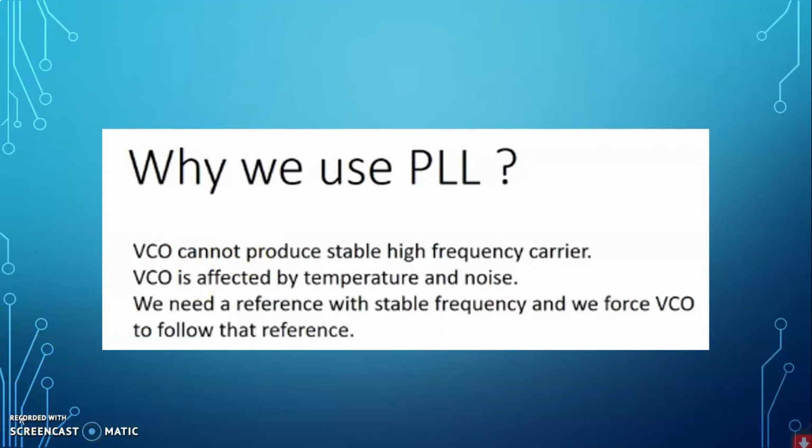In the phase lock loop, the constant frequency output of a conventional oscillator acts as the reference input. For example, a crystal oscillator's constant frequency output signal is given as the reference input signal of the PLL. Then the phase lock loop controls the voltage controlled oscillator to follow the reference signal with a stable frequency.